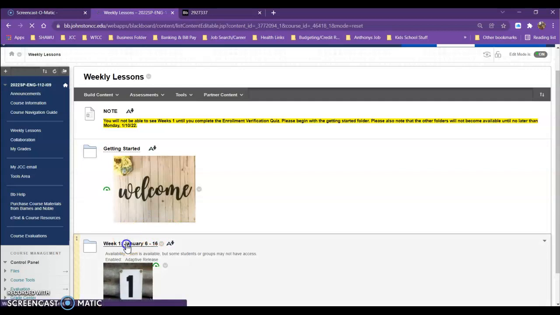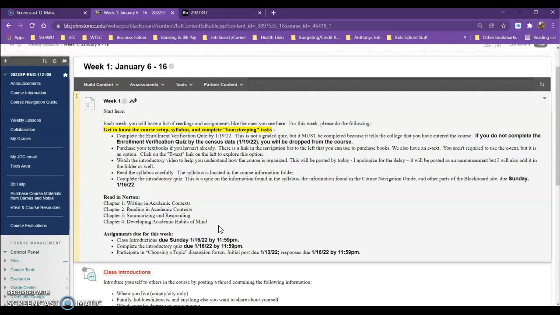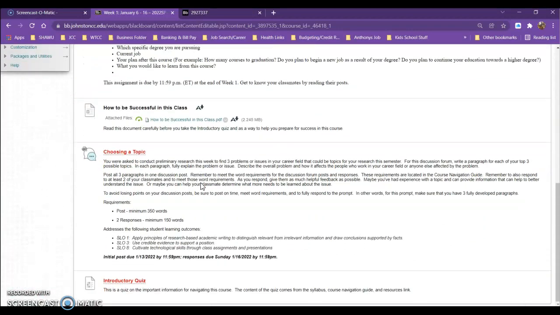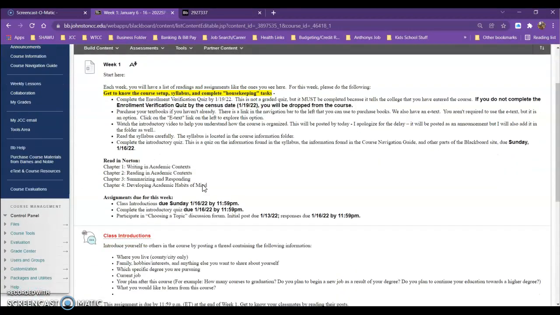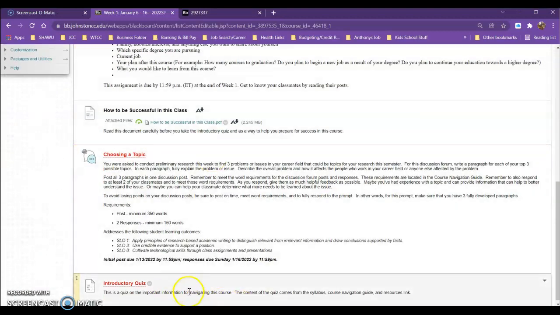All right, we're going to jump right into this week 1 folder really quickly, and I'm going to try to get through this really fast. This week we're just doing some housekeeping stuff. Make sure you read over the syllabus. I actually took away some stuff, so it's not in here, so we won't worry about that. Make sure you watch this introductory video. You're going to take the introductory quiz.